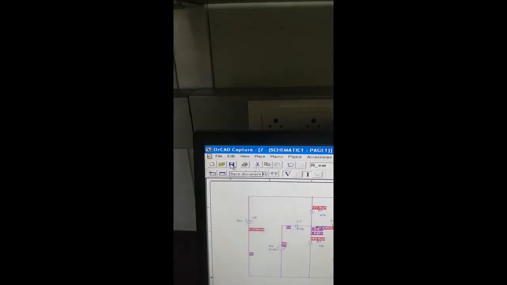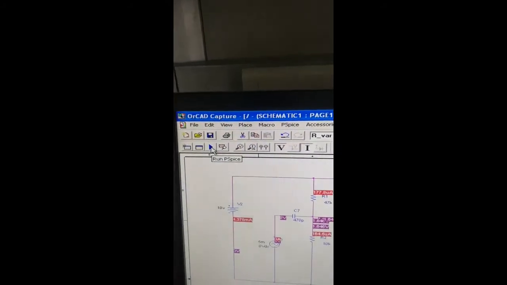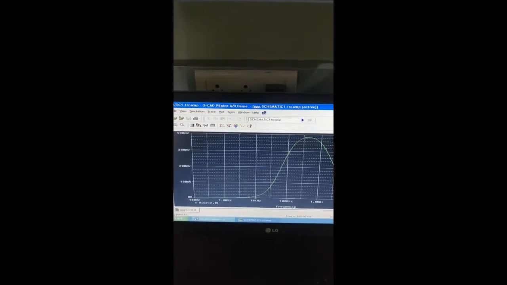Go to save and run PSpice. So you see that the output voltage is between 350 and 400 millivolts. We want it to be 310 millivolts, and the corresponding impedance will be our output impedance.